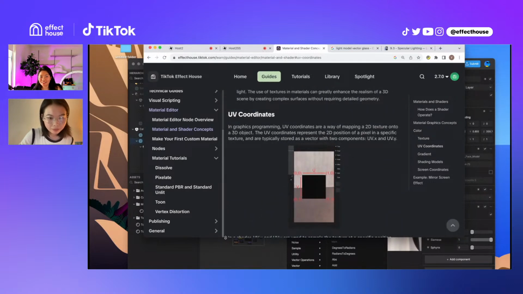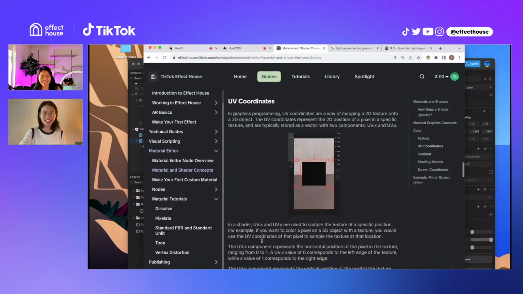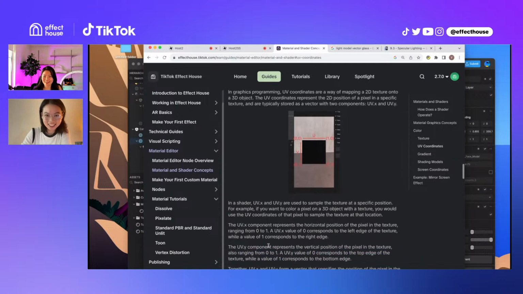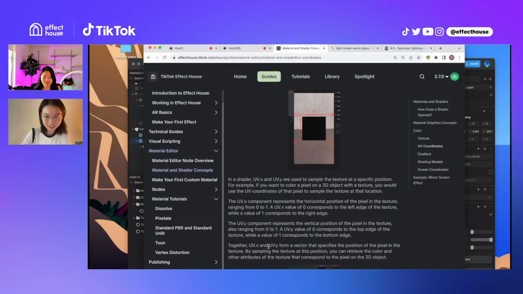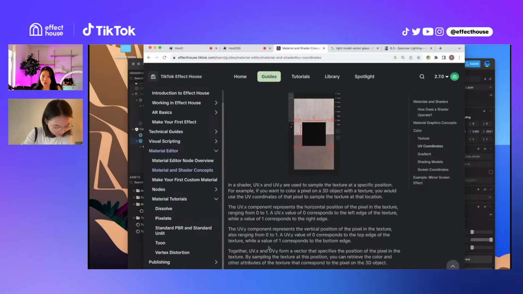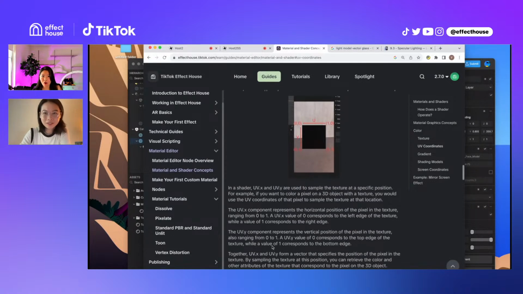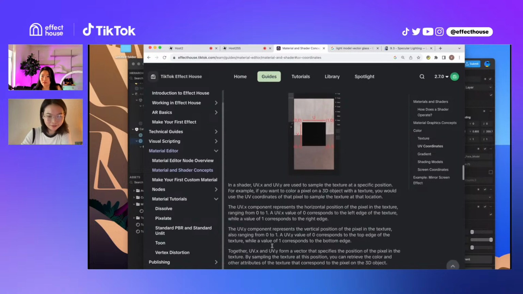can also go to office hours if you're already a pro and know how to use Effect House Shader. Every Tuesday and Wednesday we have office hours, and one of our interactive engineers, they are super pros in the Effect House tool. They come out and answer all of your questions, and it's for every level as well. So even if you're a beginner or a super expert, you can come and ask questions and we answer them in real time. And sometimes we don't know the answers either, but we find it out together, which